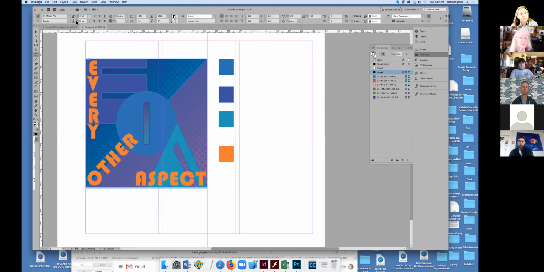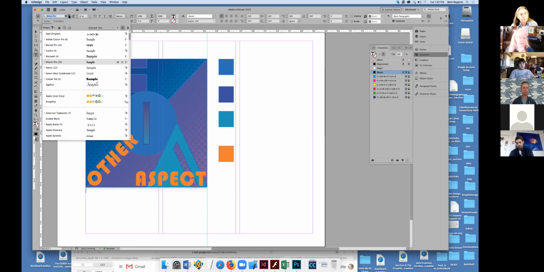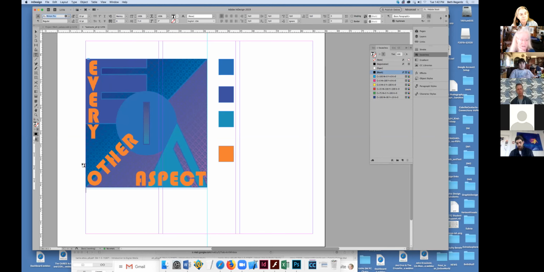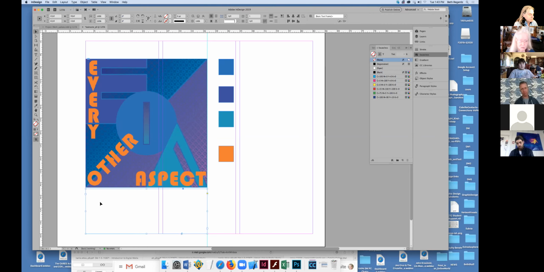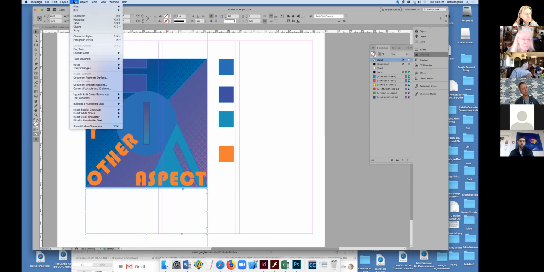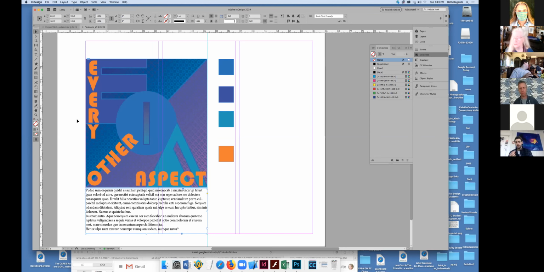Very often you have the leading of 12 points with that. Maybe that's why. And then I'm going to use Minion Pro, a serif typeface. And now when I click on my type frame and I go to fill with placeholder text, it's going to be filling with the text that I picked. And that's probably going to be a little too wide for